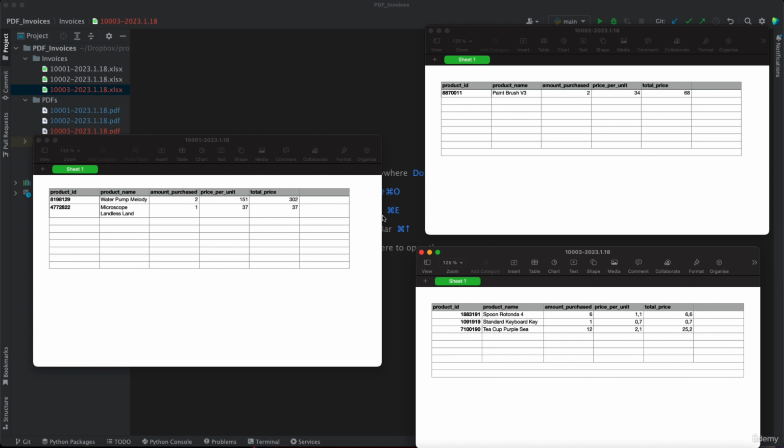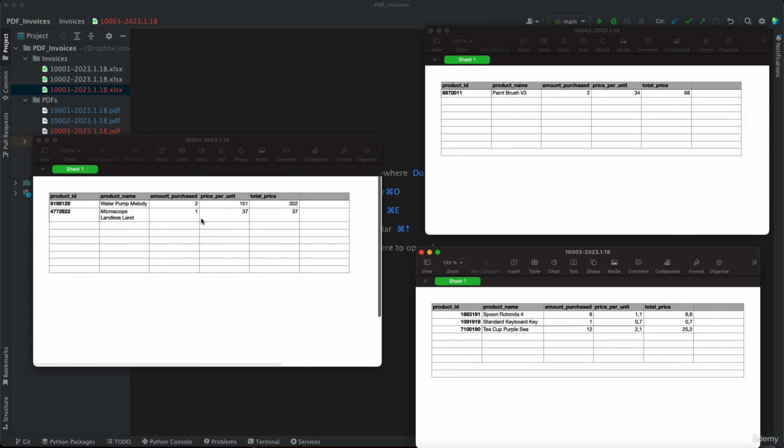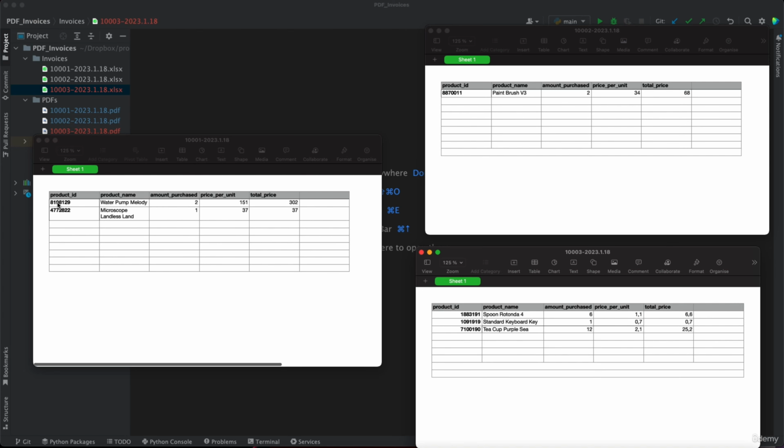So these files can be opened with Excel or another spreadsheet program, and each of these files have data about a particular invoice. An invoice is a document that a company gives to a customer, and this document lists all the products and services that this customer has purchased and also the total price of all the purchases. Now, these are the files where the data are entered by the employees of the company, and the purpose of